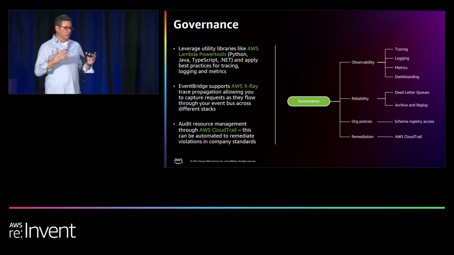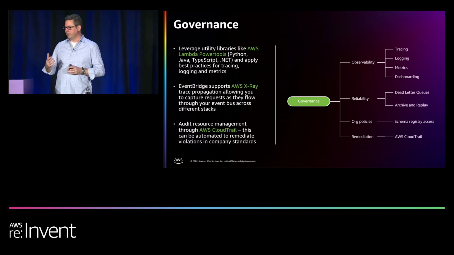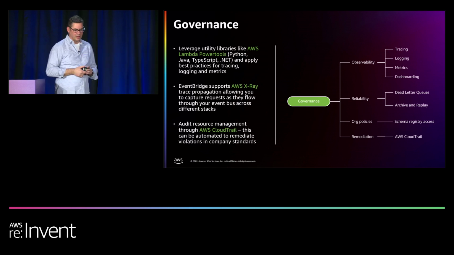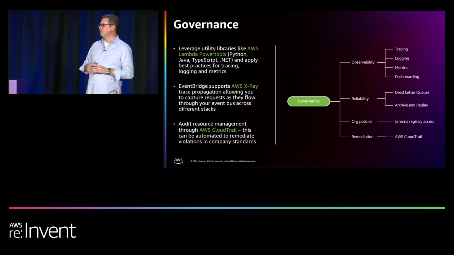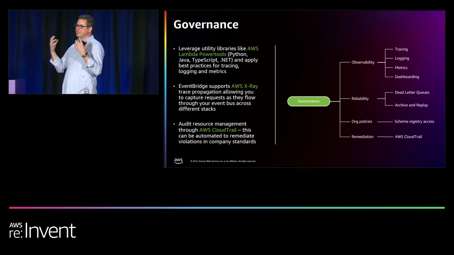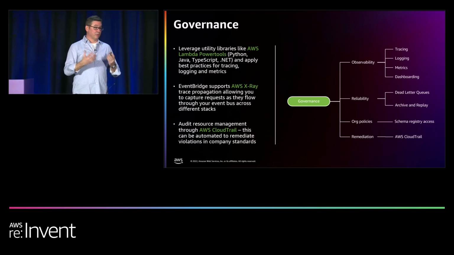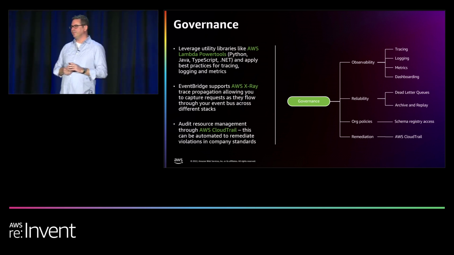Now, we've published a lot of information around articles and documentation on serverless observability. We've also created the serverless lens, which is part of the well-architected review, which I also encourage you to look at. And now with AWS Lambda Power Tools that we've written to make it easy to take those best practices from the serverless lens and embed them, so you're implementing best practices for things like logging, metrics, and also traceability